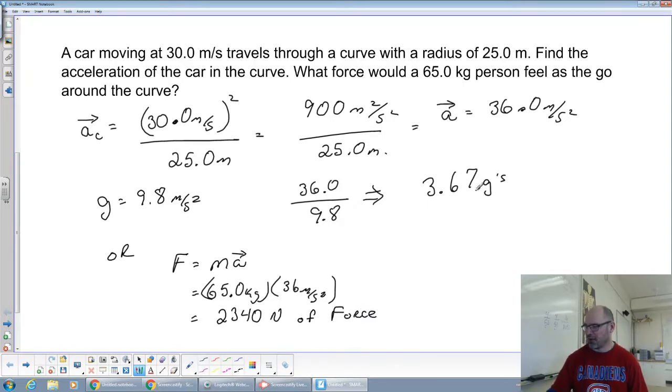But an easier way to understand it is how many Gs are going. 3.6 Gs is a lot of Gs to go around a circle in, right? Okay, so that's a typical